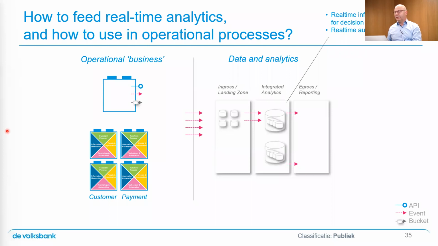So once that information is there and we find those new insights, we can then use them in the primary application landscape, in the operational application landscape. And the way to do that, I'll get to the buckets later, is very simple. We feed back an event stream to the relevant places in the organization. So we republish the new insights and we can use those in the operational systems. And I have an example for that lately.